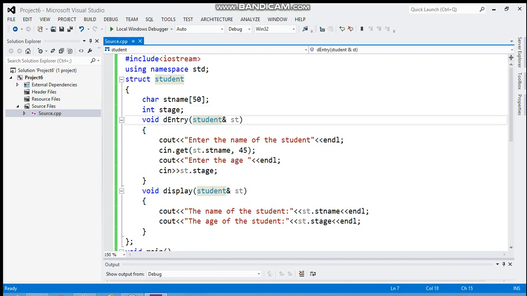As I have used reference parameters, I want to explain a bit here why we use a reference parameter. If we use value parameters, then what will be the problem? So check it now. We remove the reference parameter and make it a value parameter. So now it has become a value parameter. Now the problem is